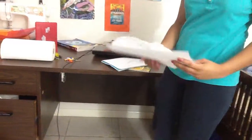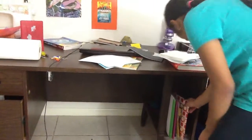So now that I got most of the paper off my desk, I still have a few more. I have this map of my school, this instrument diagram since I'm learning how to play the violin, and this plain piece of paper. So what I'm going to do is, these two are actually quite important to me, and I need to remember both of them. So I will keep them in my remembering tab,